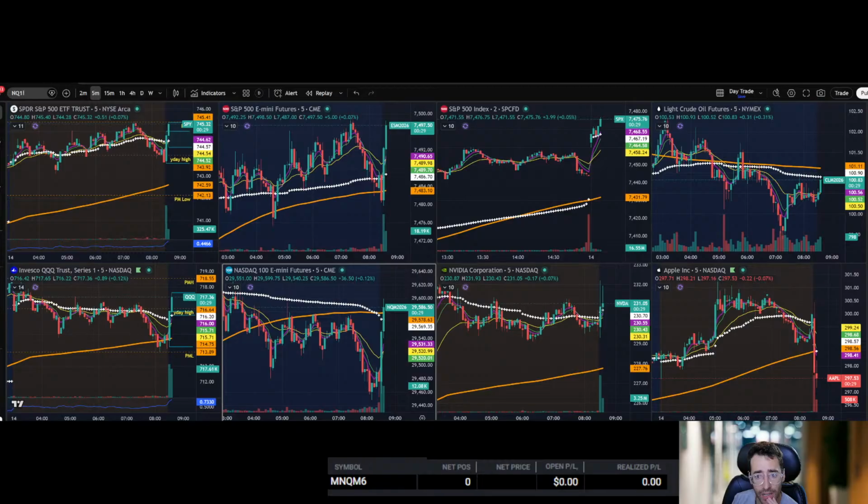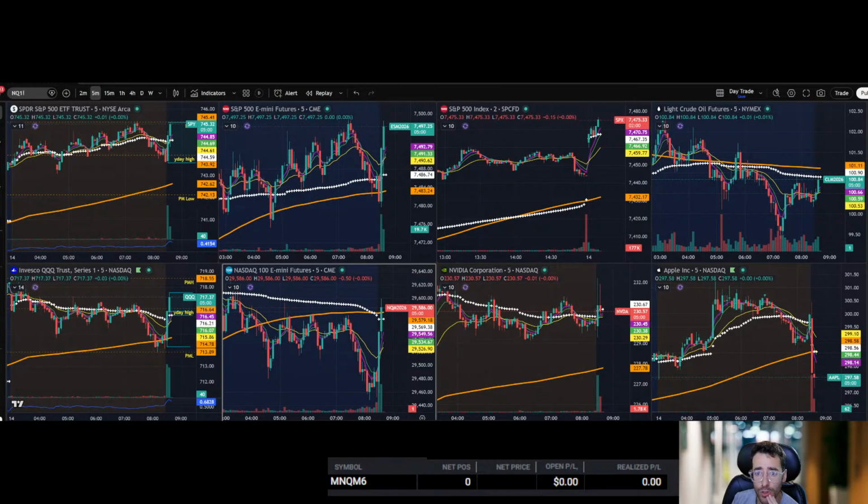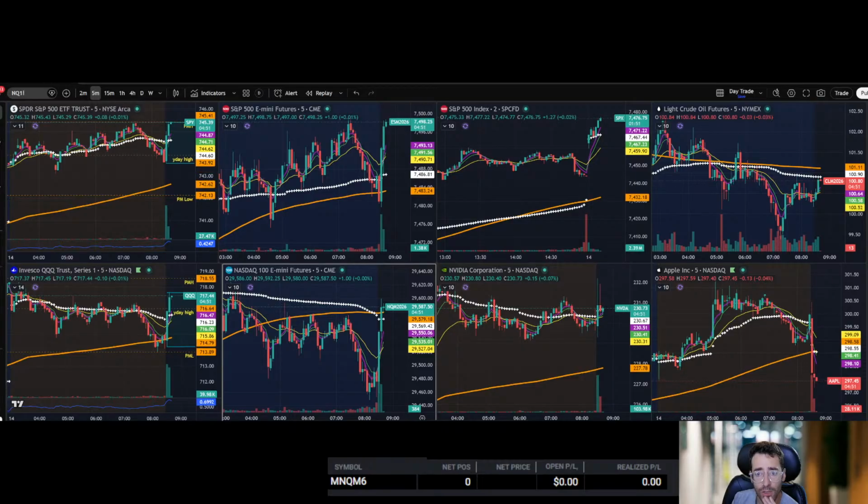We need to wait for this candle to close for sure. And sometimes you take a position that's not right, and you have to close it very quickly, and then the ones that do go right, you have to hold them for longer. That's how you trade well. You cut the ones that are performing badly, and you hold the ones that are working.